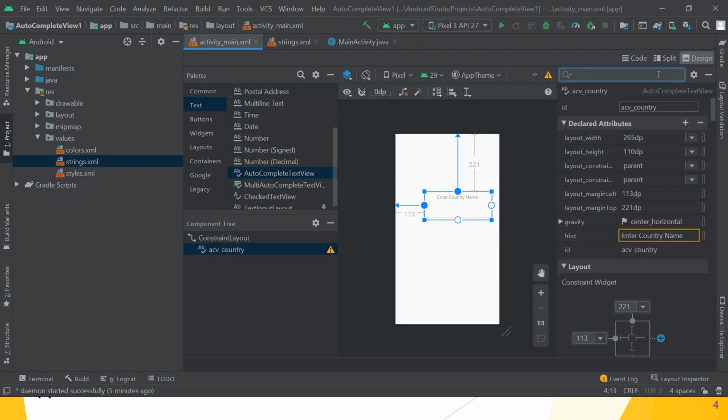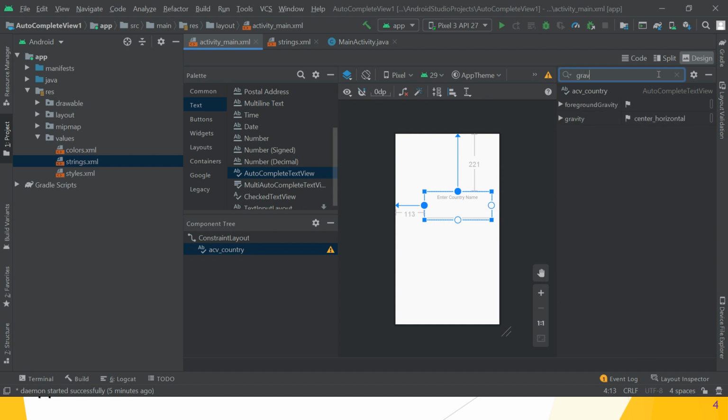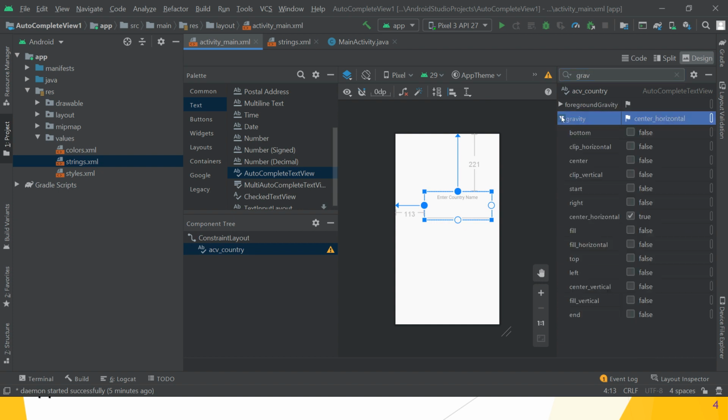Again you can go to the gravity, and we have to set center horizontal, so it appears here itself. If you want to change from center to bottom, this enter country name is at the bottom. Hope you understand the gravity property and the hint property. There are a number of properties related to the autocomplete text view, that is background.